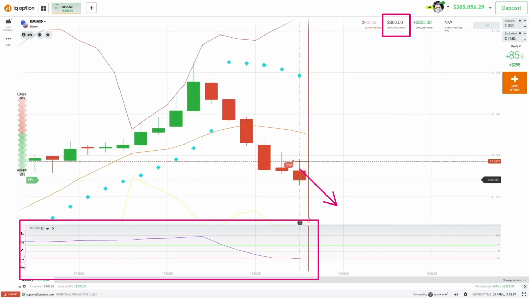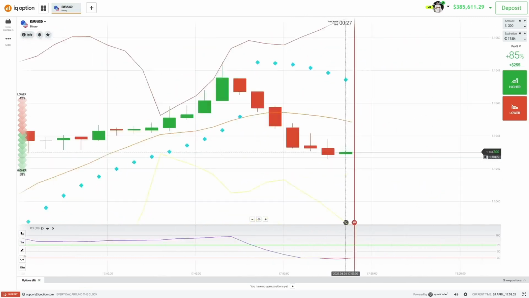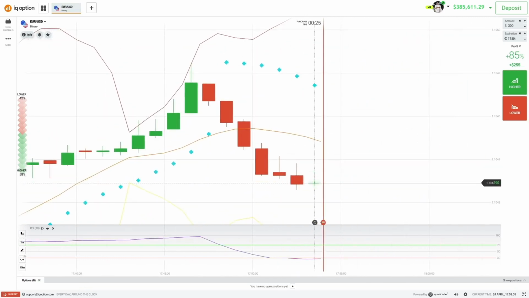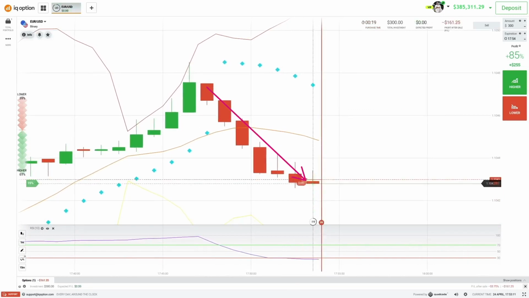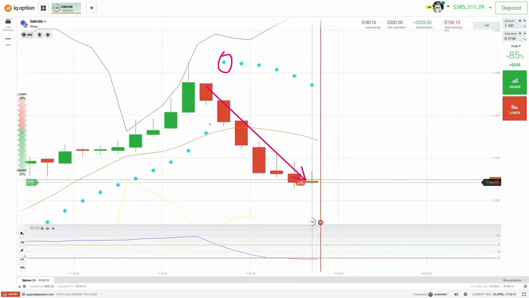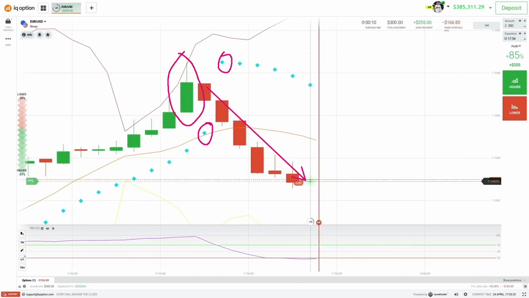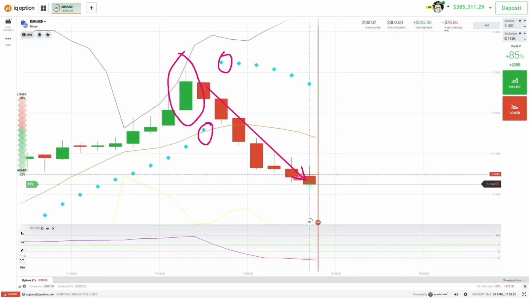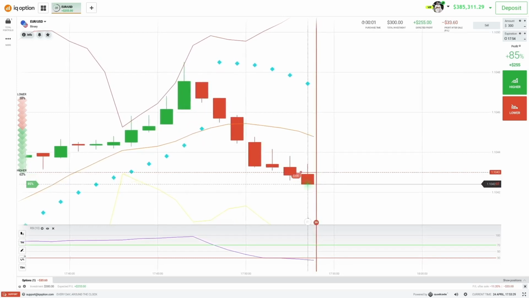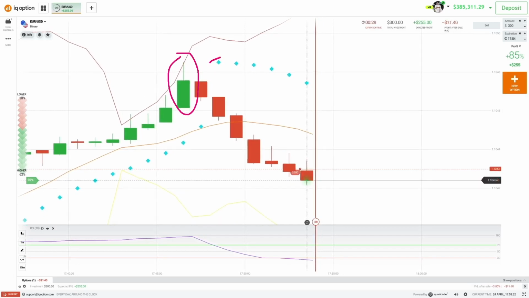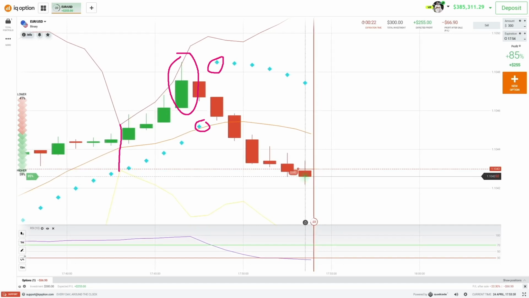All right, as you can see, I'm investing $300 and I'm making $255. That's amazing. Yeah, so the downtrend is clear. What you're looking at right now, once you learn the strategy, guys, you will understand what I'm doing here. This candle made everything easy for me to predict the movement. Also, the parabolic SAR made it clear. So look here what's happening.